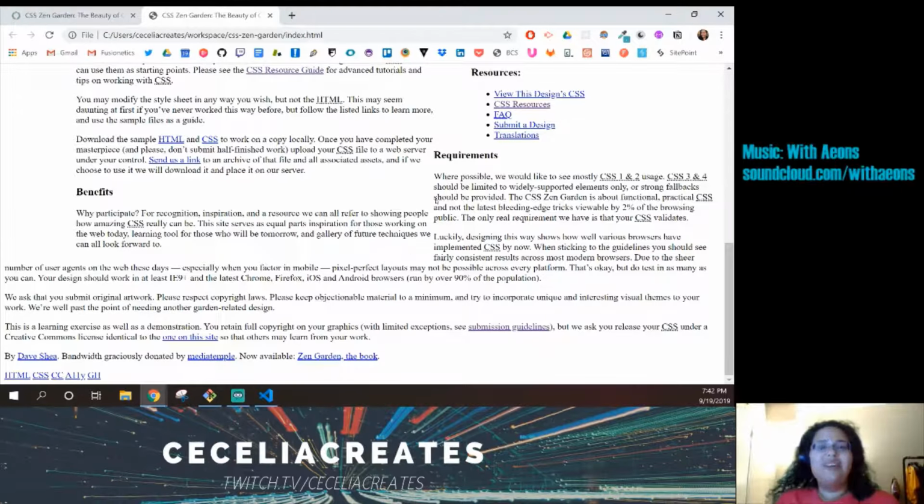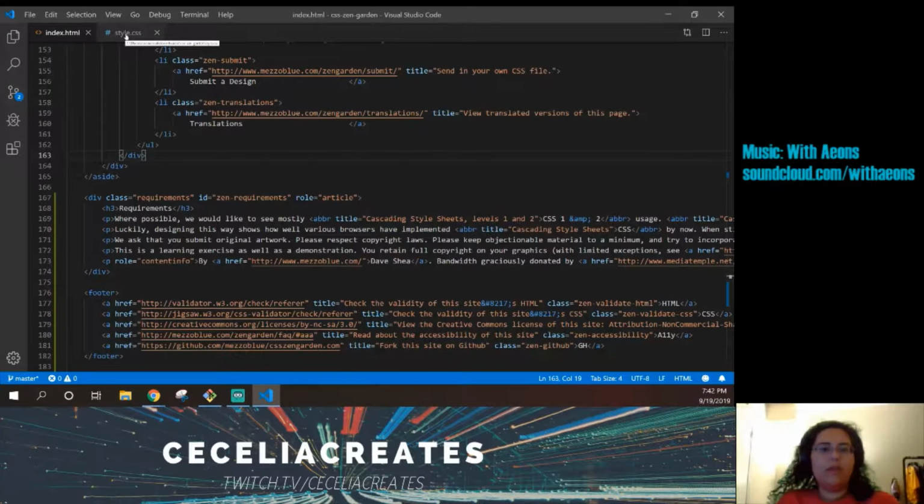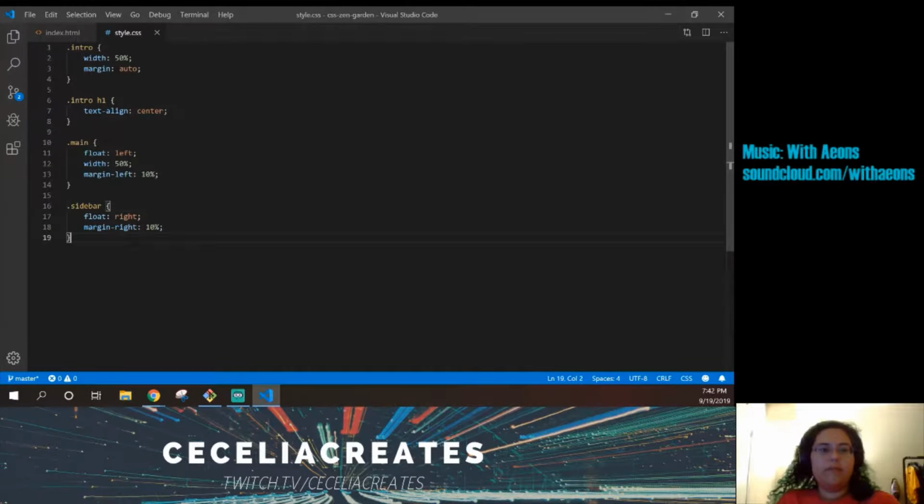Okay, so that's fine. It has to do with the floats. It's kind of pulling up next to it, but we can do some goofy stuff here and get that fixed up. So that's a class of requirements and then footer. So if I do requirements,